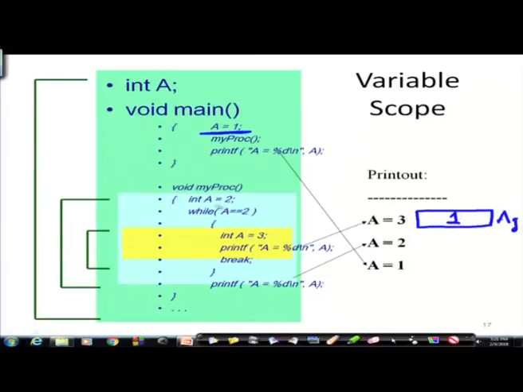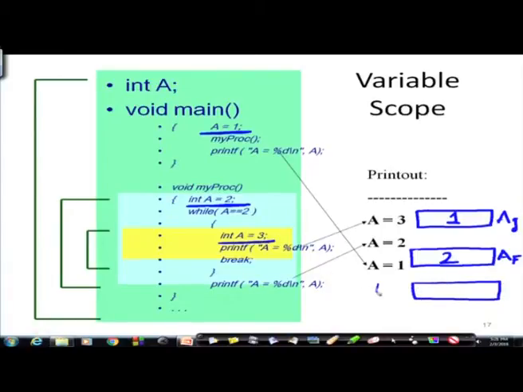But when I come here and declare int a inside this function, another a is created, which is the a of the function, and that is assigned 2, not this one. There are two distinct entities. Now, again here I have declared another a. Since I have declared another a, this is the a of this while loop, and that is